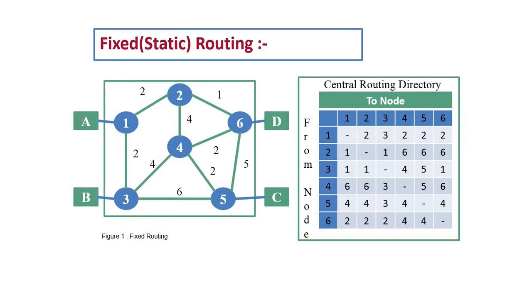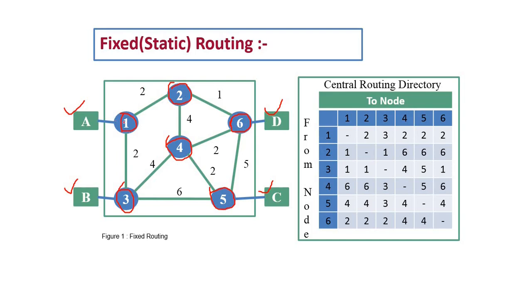So these are the various end entities A, B, C, and D. These are the users or end entities. We can say end systems in terms of computer networks. So these are the intermediate nodes: node number 1, 2, 3, 4, 5, and 6. These are the intermediate nodes, which means where data is going to be stopped and again move towards the next node. And these are the distances between two intermediate nodes.